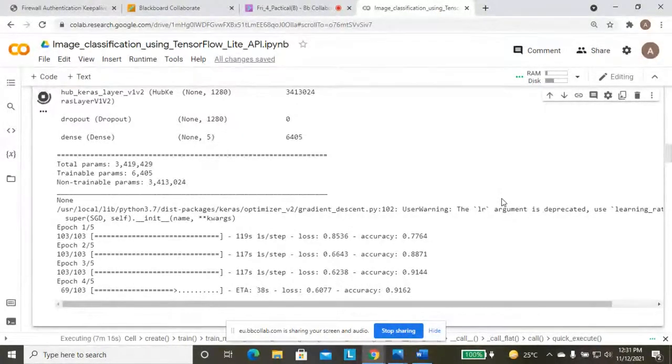I will share this notebook with you, so you can run these cells and check the output of different statements. After executing a statement, you can check what the output is.